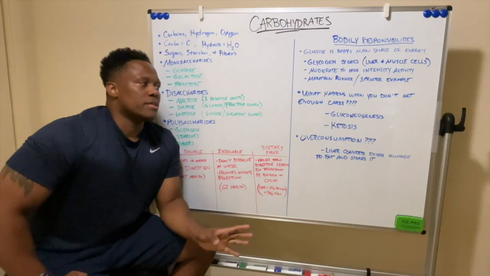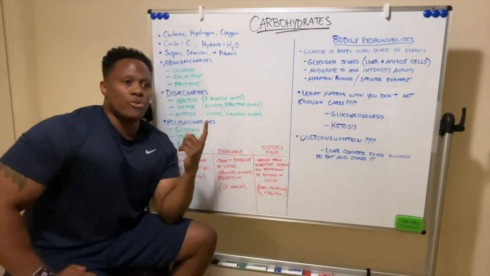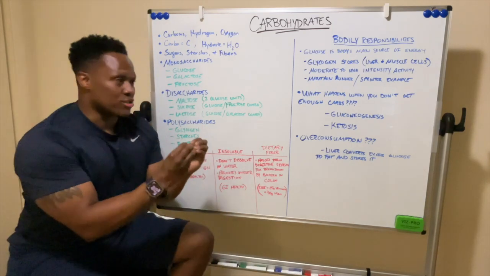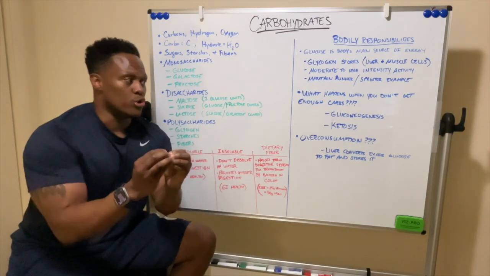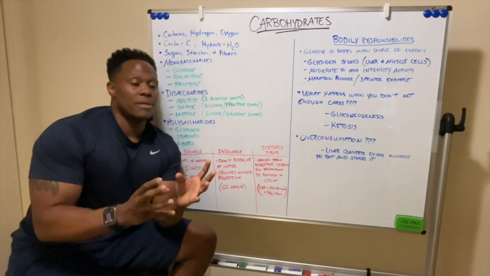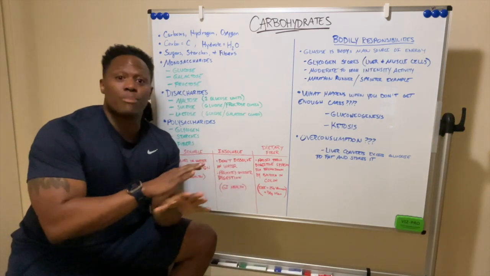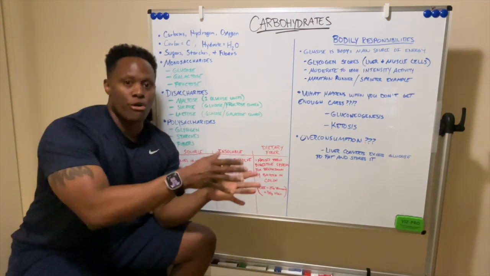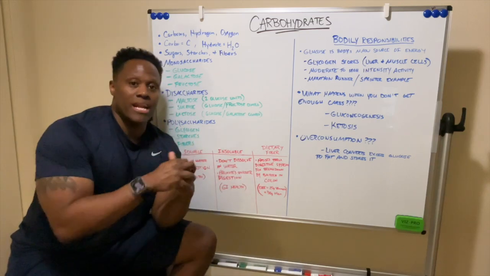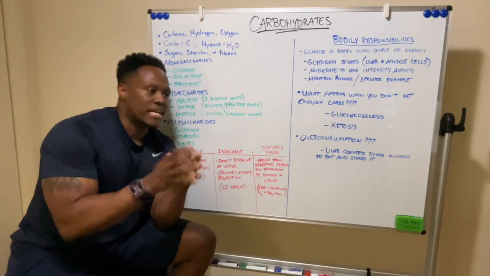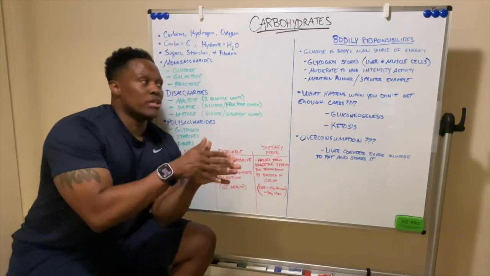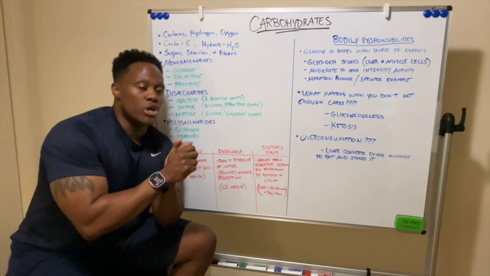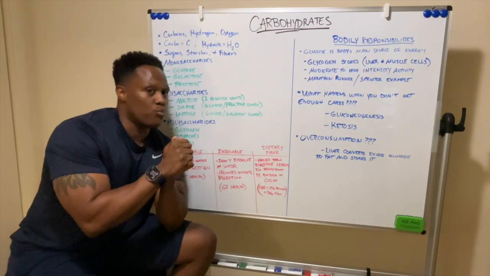So what will happen is gluconeogenesis, your body will then call upon proteins to literally make a new glucose. Like it'll sacrifice the proteins in your body to make a new glucose. And that is really not something you want, because proteins already have a responsibility and duty to your body. They already have other burdens and duties within your body and your cells. It's already got its own job. So you don't really want your body sacrificing proteins to make a new glucose just so that you can get some energy. You don't really want that.